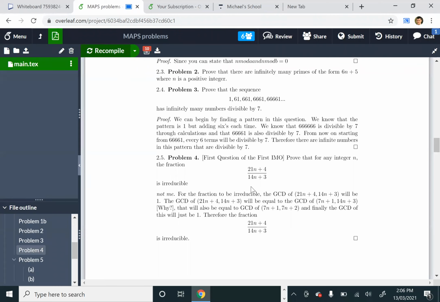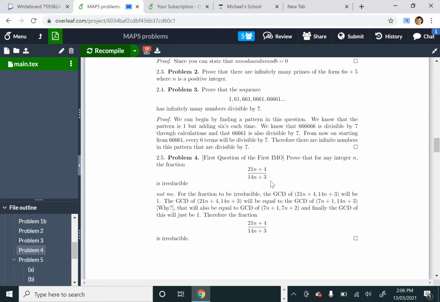Yeah, so the basic idea is if you have a common factor, so you want to work out the GCD, right? So you consider some common factor and you want to show that common factor is 1, right? So the common factor divides 21n plus 4 and it divides 14n plus 3, yeah? So it actually divides any combination of those two numbers because we know a multiple of 7